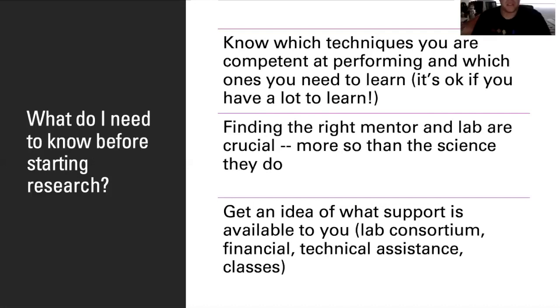Just commenting on that first point, I feel like that's very essential, in the sense of letting your mentor know what your capabilities are, and whether they are willing to put in the time to help you. Because I did have